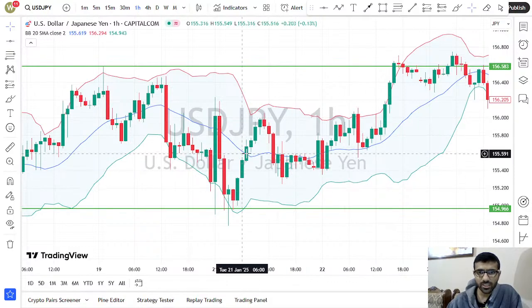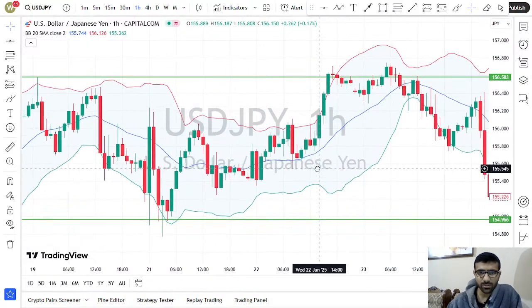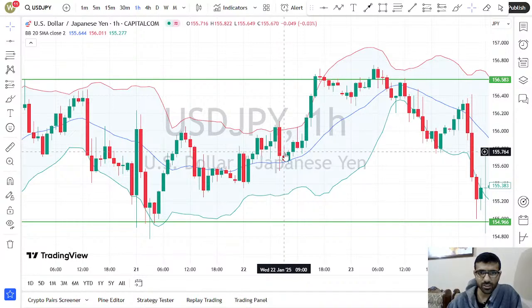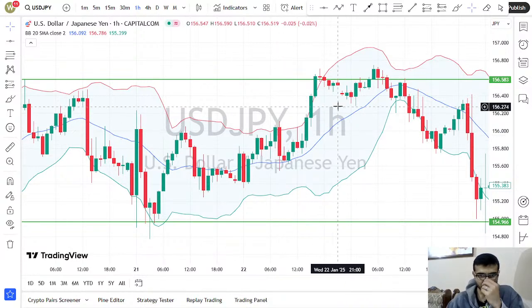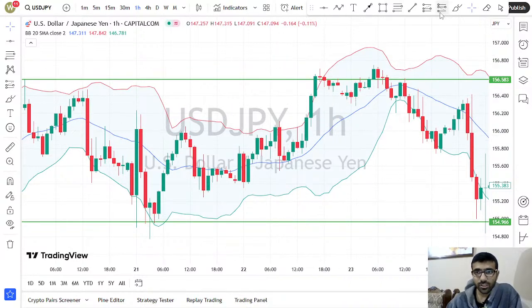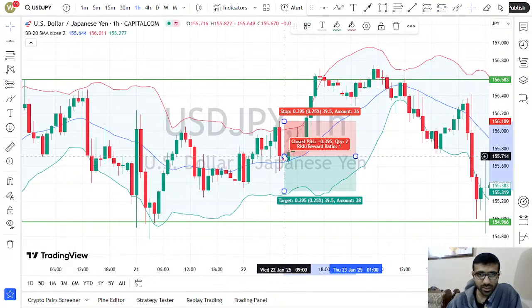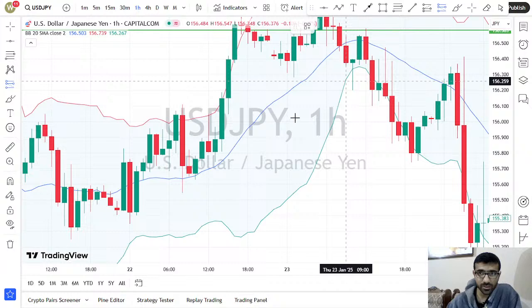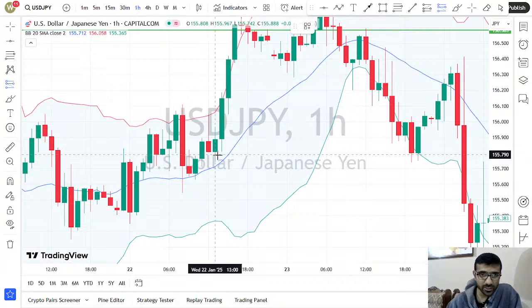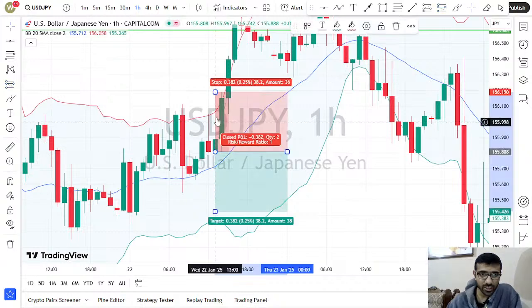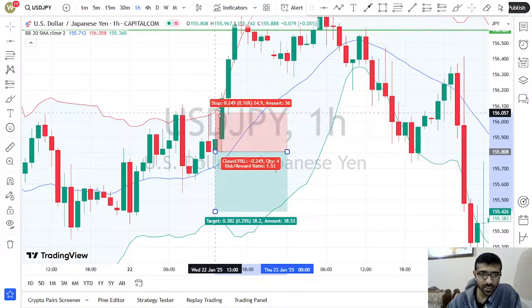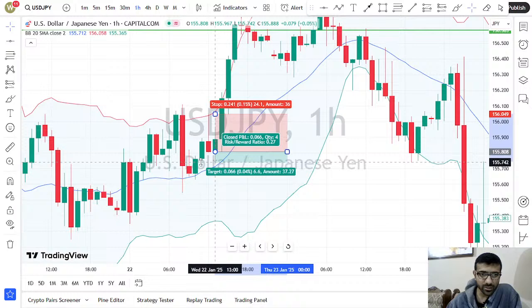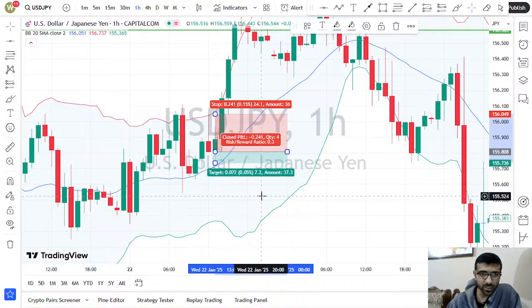Then market stayed a little bit more sideways. Then market gave us a selling opportunity over here. So let me take this opportunity to sell. So I sell over here. My stop loss will be just above this previous. Market retested the area of upper Bollinger Band. Okay, and if I take this entry, my stop loss would be again hit because of the 0.3% area is